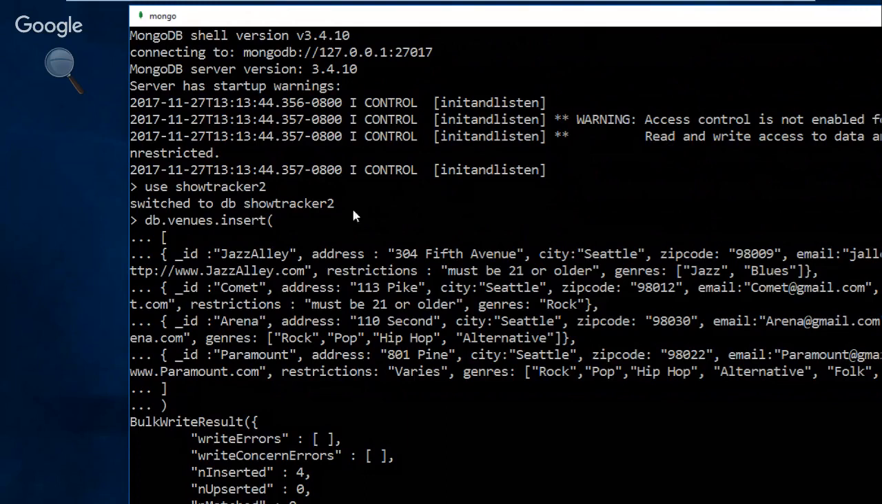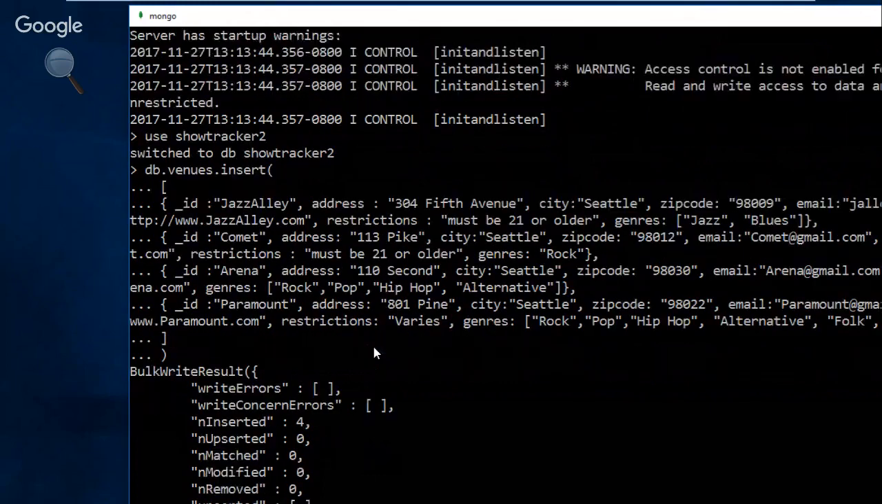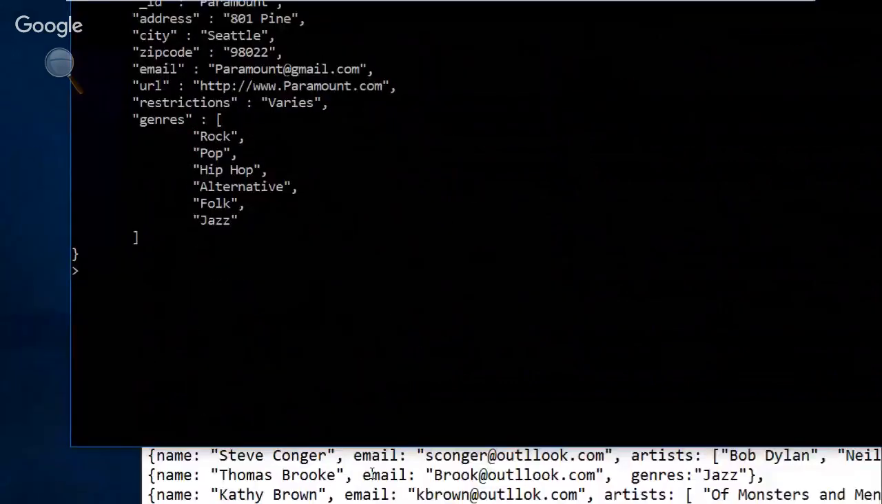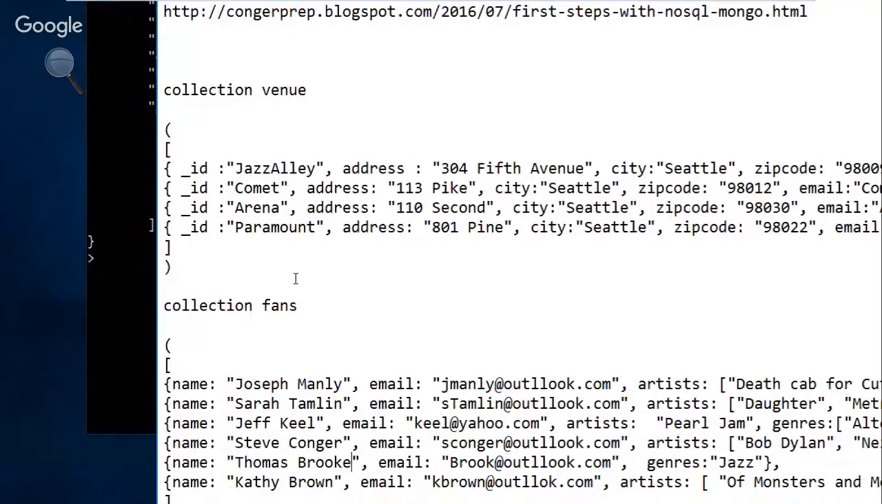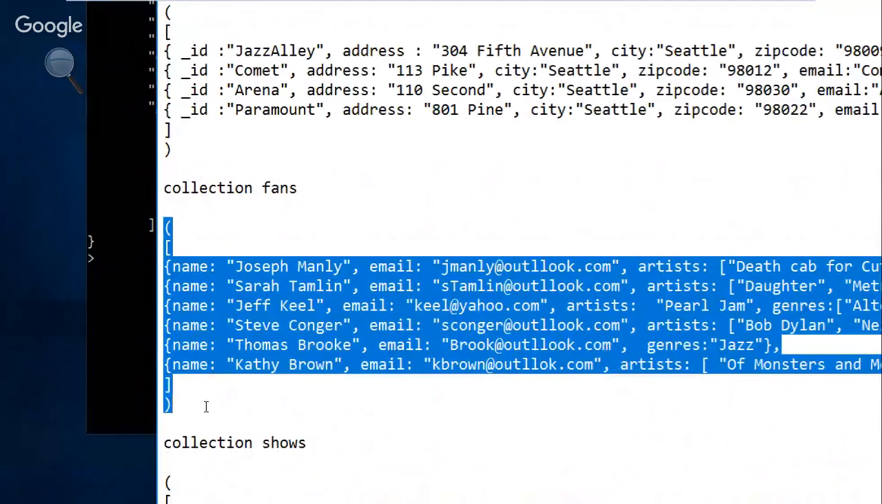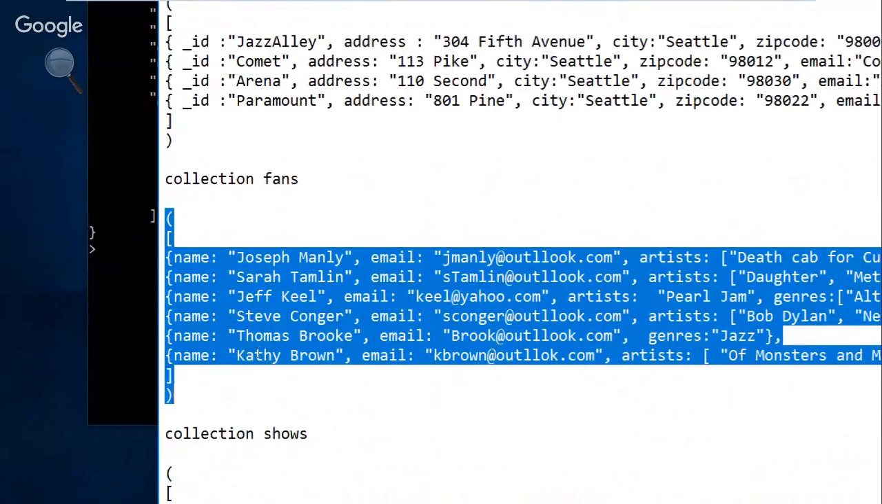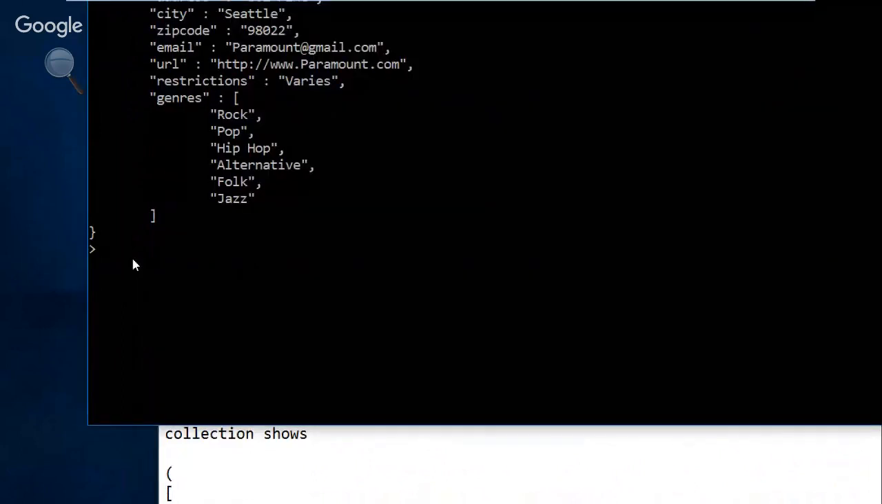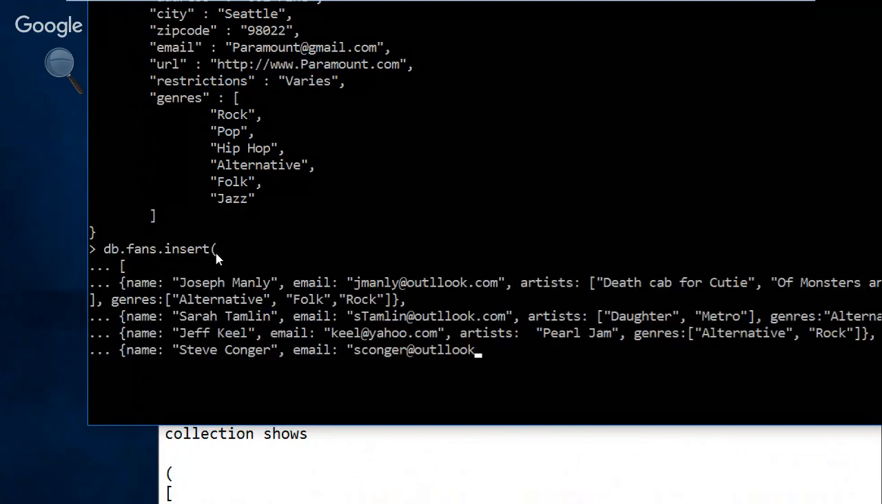Okay, so let me do the next one. So after the venues, I have the fans. And again, what I would do is copy from parentheses to parentheses. I'm going to copy. And I'm going to do db.fans.insert. And then I will right click